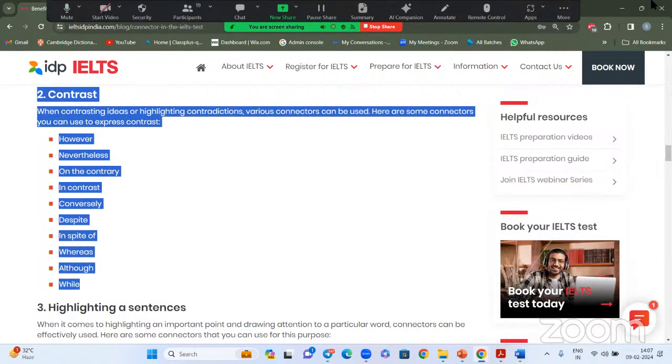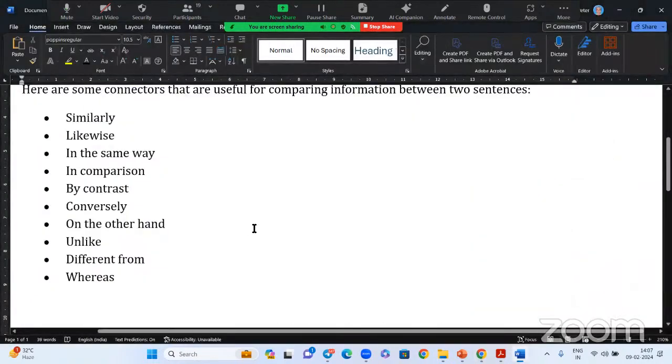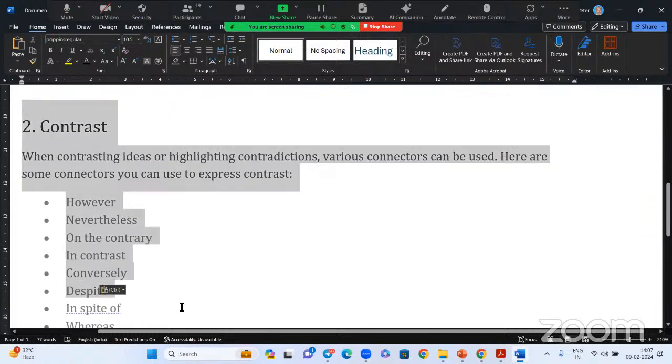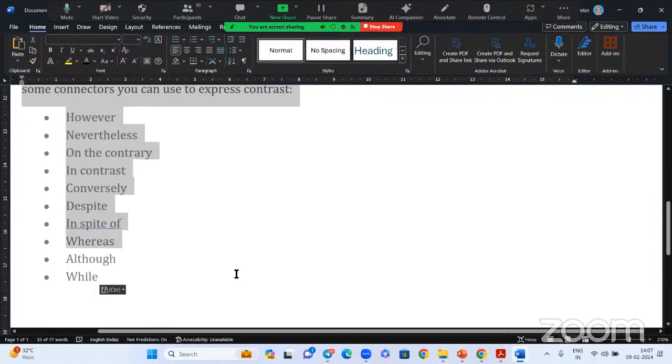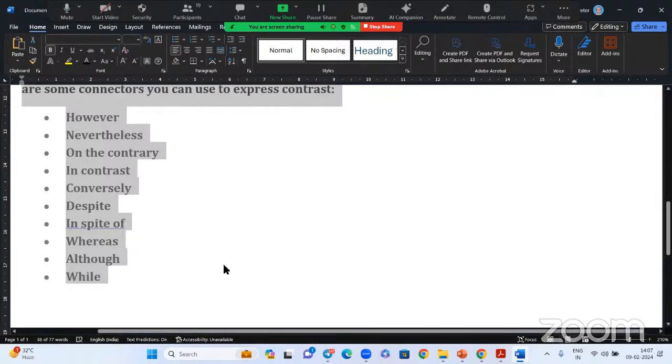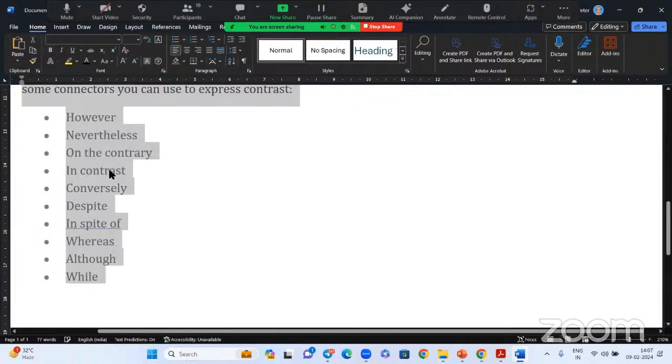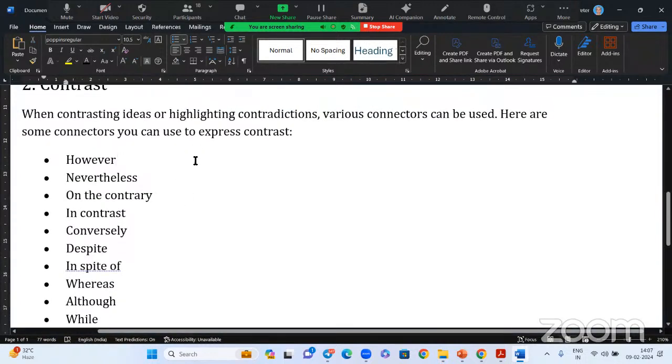Contrasting connectors. How to use these contrasting connectors? Now, these contrasting connectors talk about the opposite. For example, I came here, but you were not present. That means I have no mistake, but you are on the wrong side. That's the point. So, contrast. However,